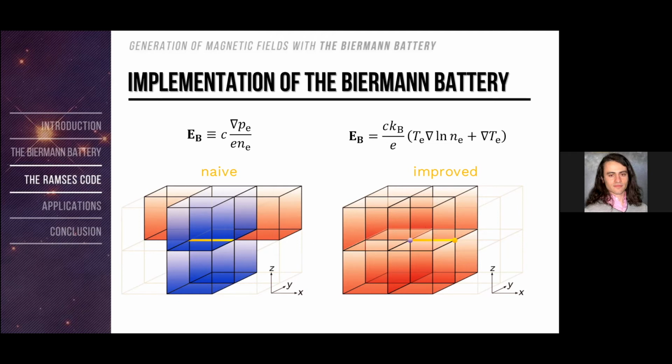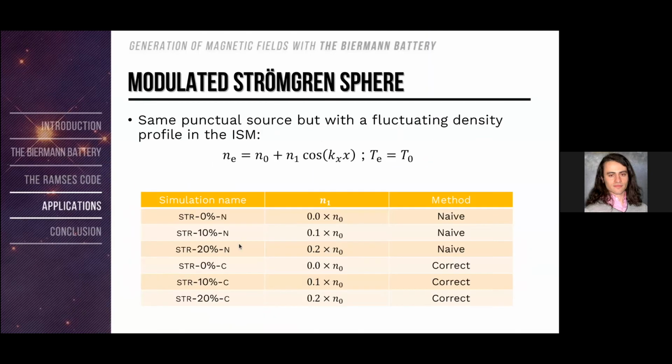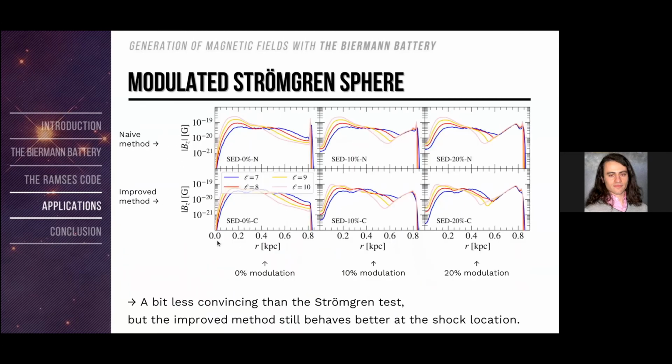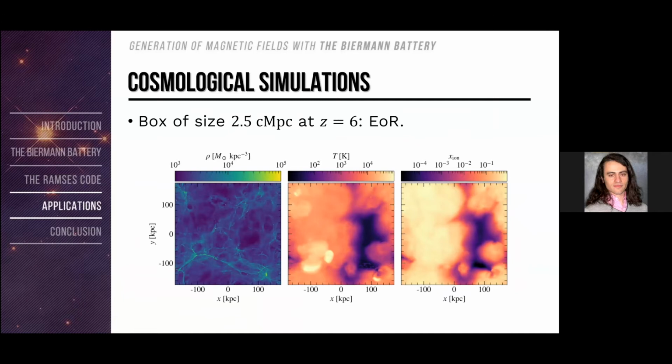Okay, so I will spare you the numerical tests I conducted to ensure the stability of the method and directly jump to the actual results for cosmological simulations. These simulations were conducted within the SPHINX framework, which features realistic 3D environments. We started with a small box of size 2.5 comoving megaparsecs, and we look at the results at redshift 6, just after the epoch of reionization, which is, again, a prime epoch to host Biermann-induced fields within propagating ionization fronts, for instance.